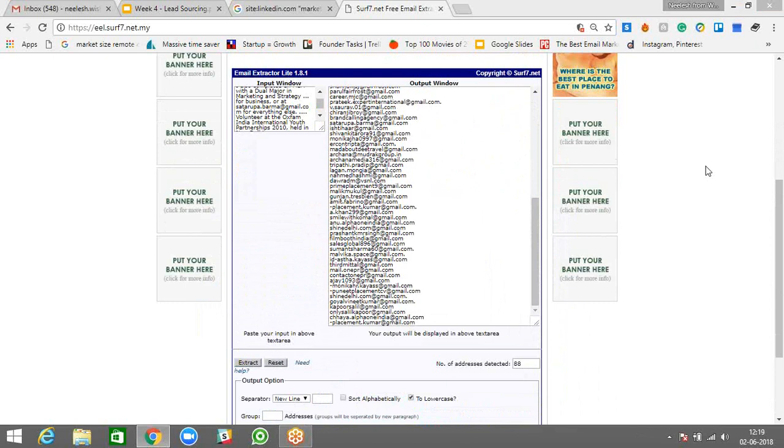You go to the next page, you try to copy more, Google will block you after a certain point of time.